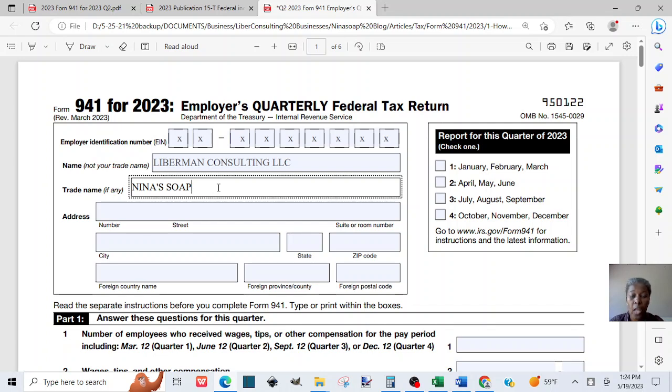If you are a sole proprietor and you have employees, probably your own name, first name and last name, might be your business legal name. So just know what you put down on your EIN application form, because the form has a section that says business legal name, and that's what you want to have for the name, not your trade name line. So for the address, you put your business address, and here we can just put